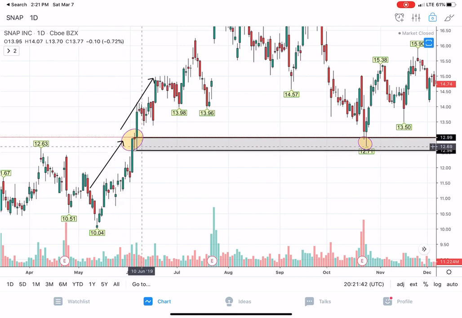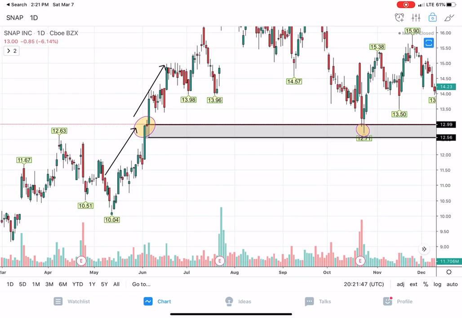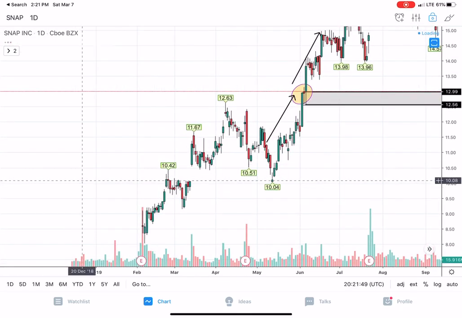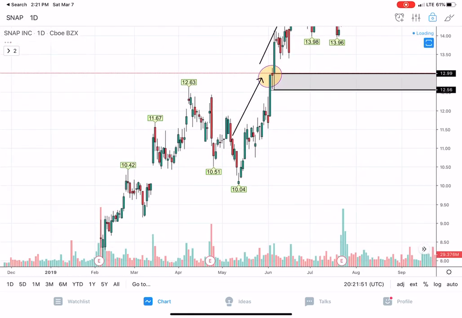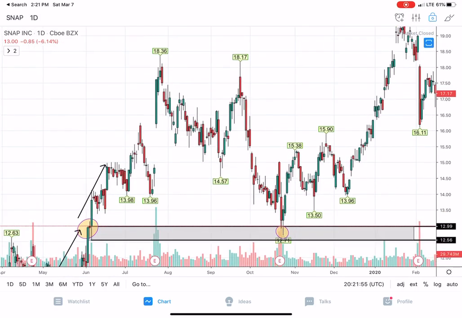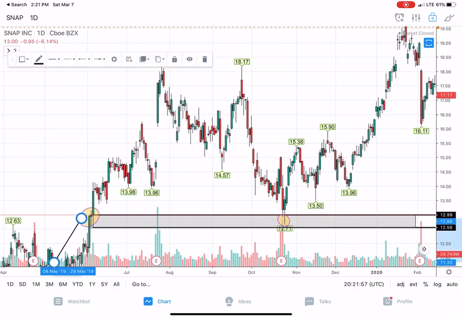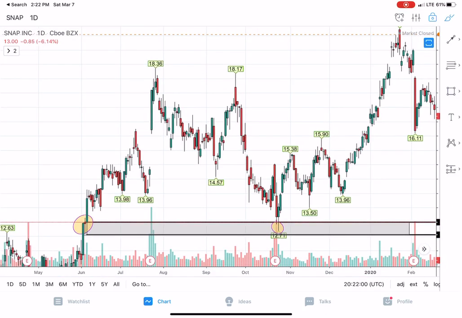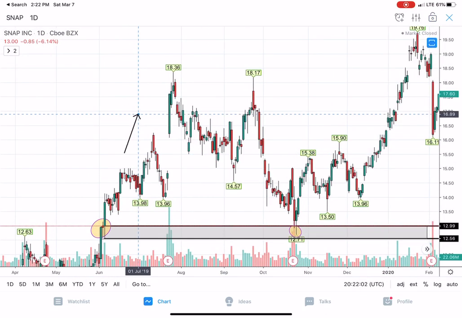It's powerful because price did not last very long here, which tells me that there is a lot of pent up demand there. I can go back and show you guys other levels of demand that are low quality, but again, you want to focus on higher time frames. Just looking up here, here's another setup. You have a rally,